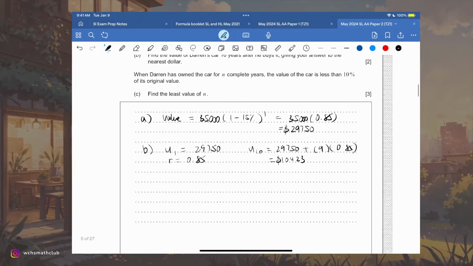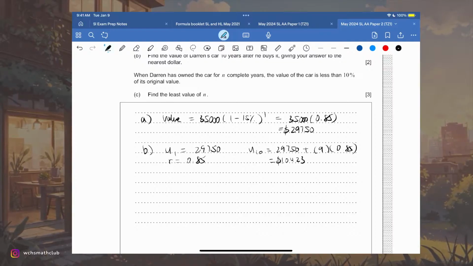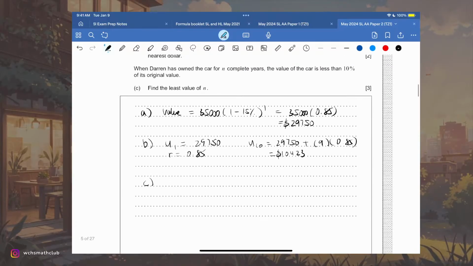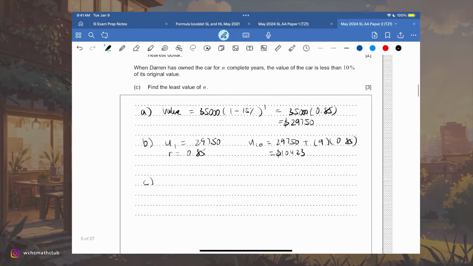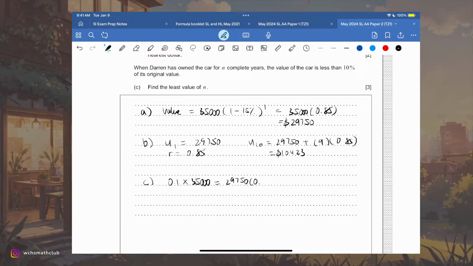Okay. And part C says, when Darren has owned the car for n complete years, the value of the car is less than 10% of its original value. Find the least value of n. Okay, so we can set up an equation here. So 0.1 times 35000 equals 29750 times 0.85 to the power